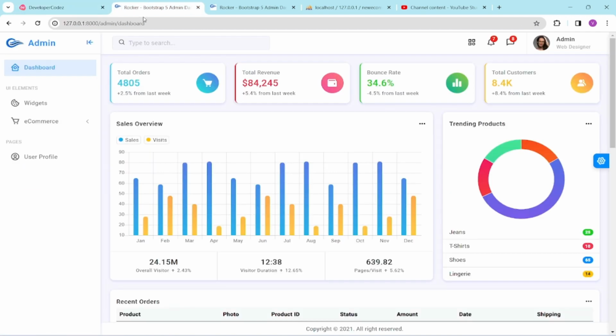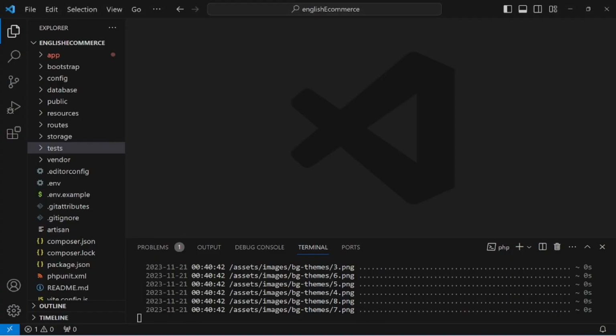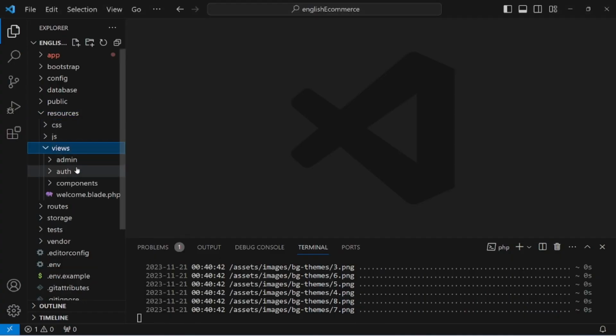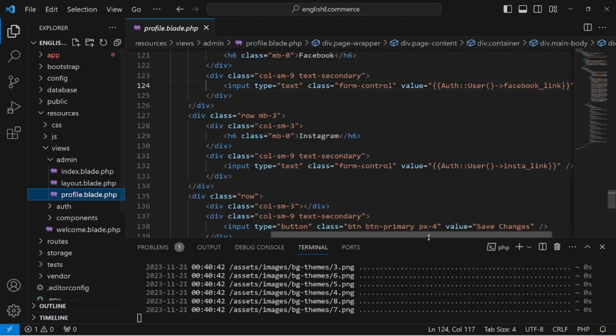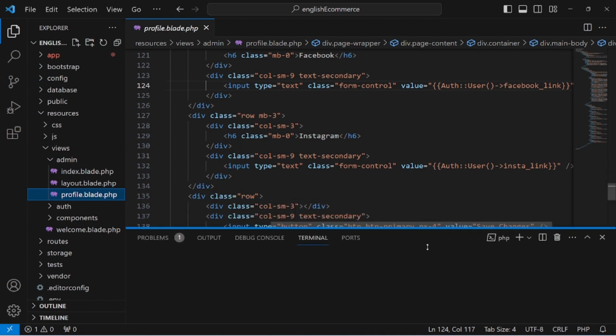So we just move on to the dashboard. This is the admin dashboard, and we are on the user profile section. So in today's video we just add an image option here and update this form as well. So moving toward the code, just opening resources, views, admin, and profile.blade.php. I already started the server, php artisan serve,